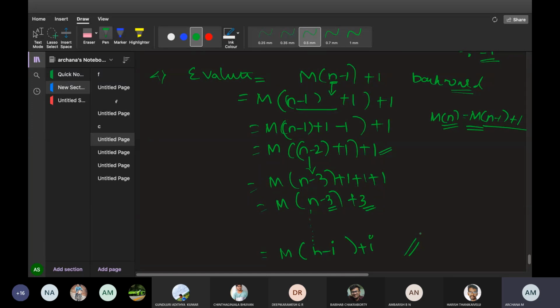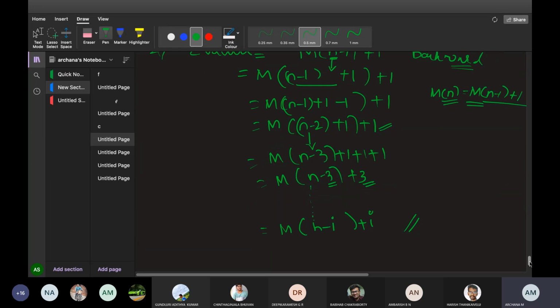Now, according to any formula, wherever we stop, I told you we should put one stopping condition. For that, I gave M of 0 equals 0, that is, 0 factorial equals 1. I should get this at the end. So to get this at the end, what should I do now? To make this 0, what should I put? You should assume this. You should initialize. You should assume the value. Be attentive in the class.